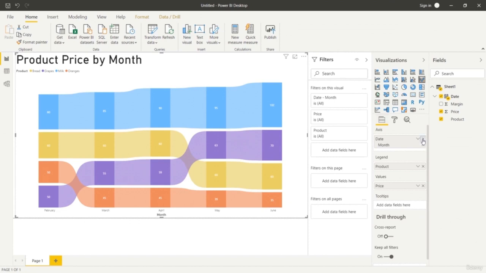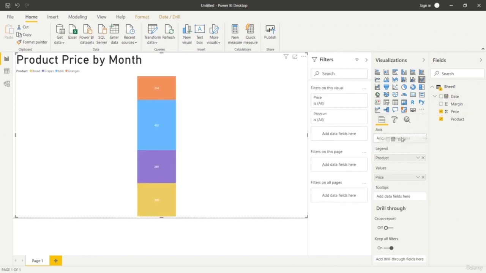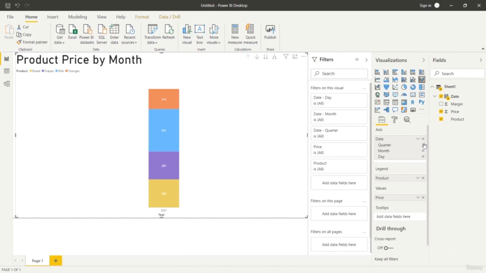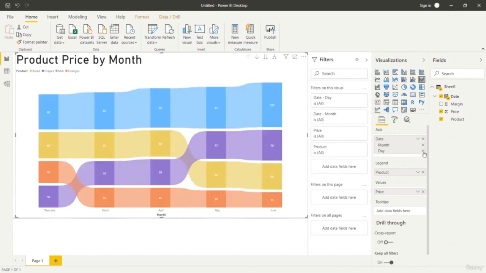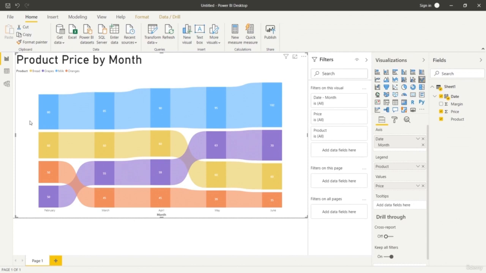It can also be used for applying drill down functionality. You can simply change the values. Here on the axis we have date. If you want to see the quarterly data, we can just turn the year off and we can find this quarterly data. So you can find the quarterly data, the monthly data, daily, and weekly if you require. Based on the data set, you can also combine it with other charts to have a drill